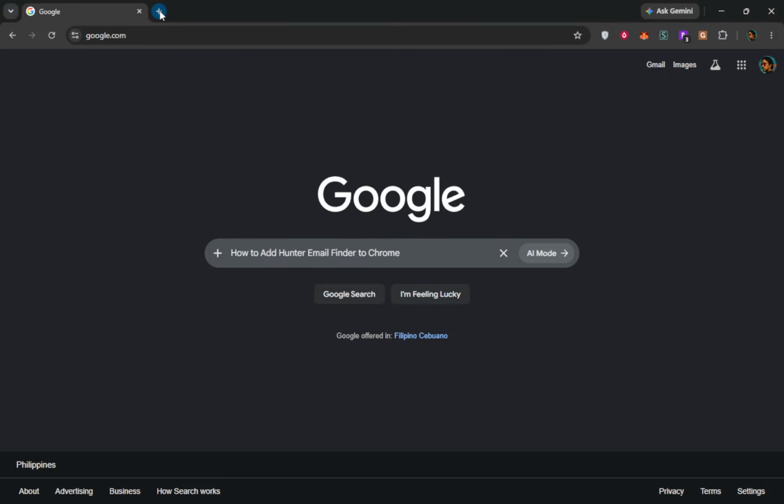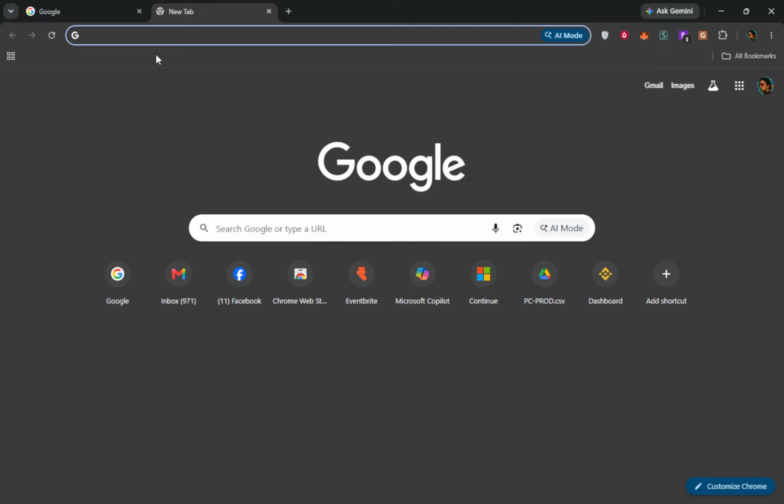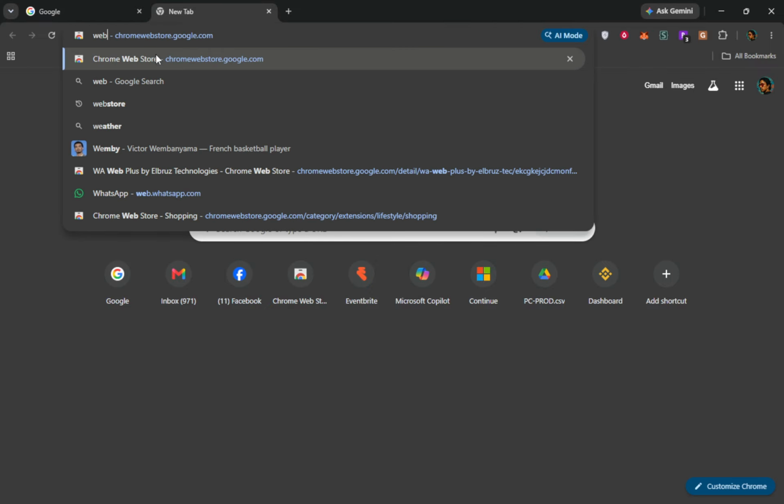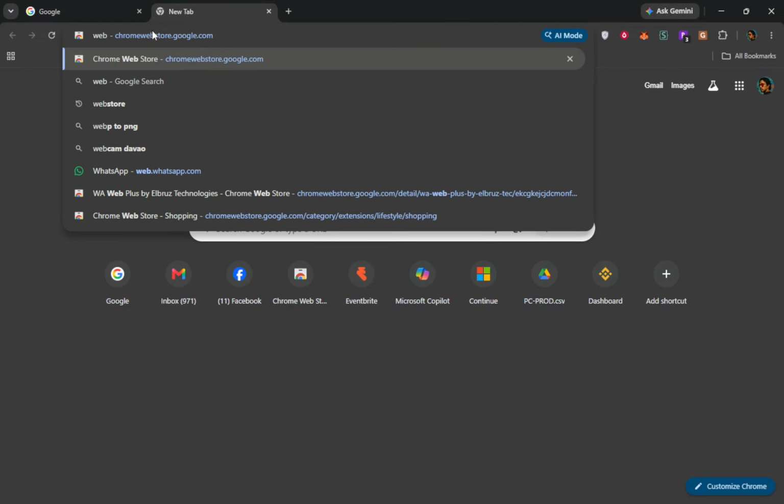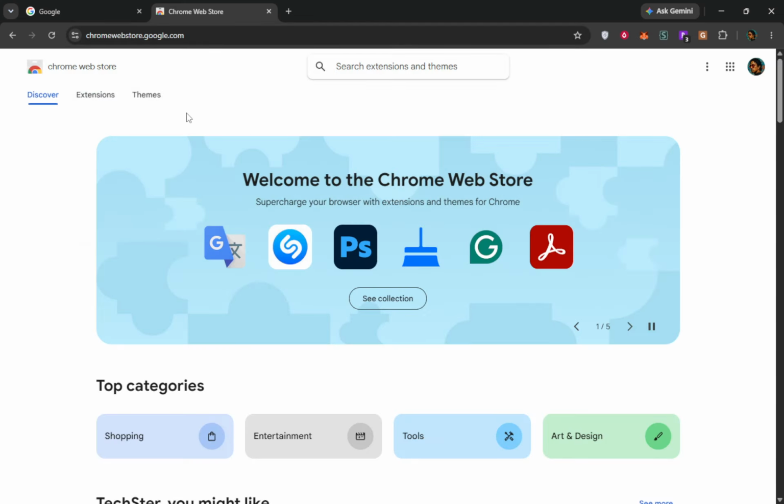To begin, open Google Chrome on your computer. This method is designed for the desktop version of Chrome, so make sure you're not trying to do it from a mobile browser. Once Chrome is open, go to the Chrome Web Store. You can do that by searching for it in Google or by navigating there directly if you already know the page. When you're in the Chrome Web Store, use the search bar and type in